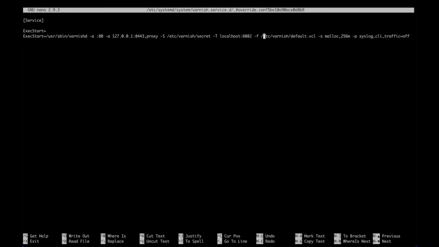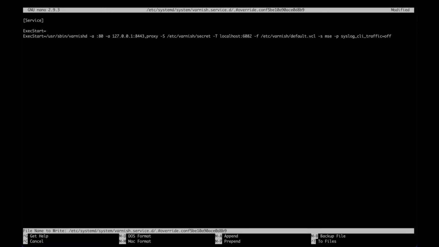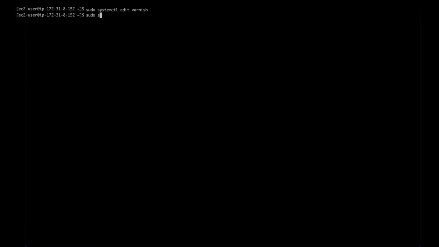We'll modify the -s runtime parameter, which is in charge of object storage, and remove the 256 megabytes of malloc storage, and replace it with MSE, which is short for Massive Storage Engine. This is Varnish Enterprise's signature storage engine that supports disk persistence and, as the name indicates, allows you to cache large volumes of data. Another feature it offers is the memory governor that allows you to scale the size of the object storage dynamically. And that's what we're doing. Without any additional parameters, 80% of the available memory in the server will be allocated to Varnish. Save and close the file, and then run sudo systemctl restart varnish to ensure that these changes take effect.